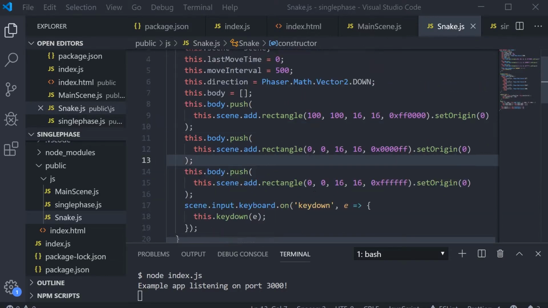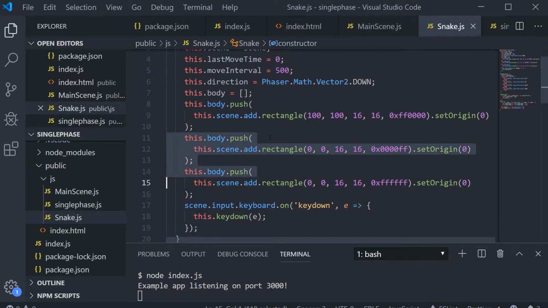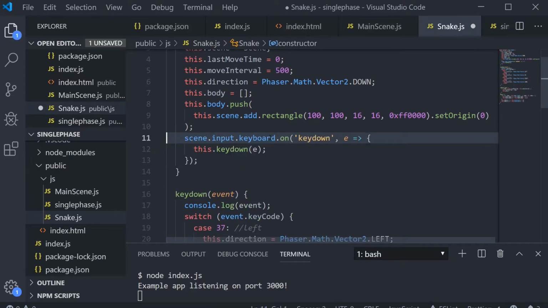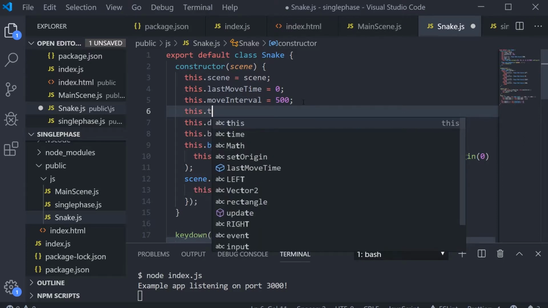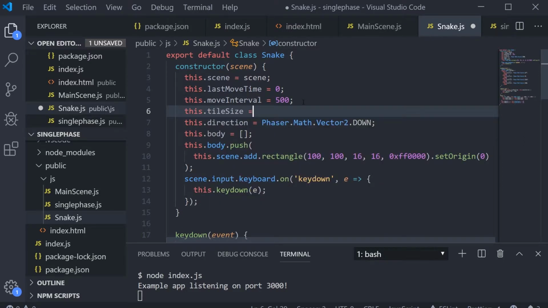Okay, so we have our red, white and blue snake working now. But we only want to start off with the head of the snake. So let's delete these two body parts. And now we actually want to place an apple in the scene so that the snake can eat the apple and grow its body. So I'm a bit fed up of having these 16s lying around, so let's fix that now. I'm just going to add a tile size property,